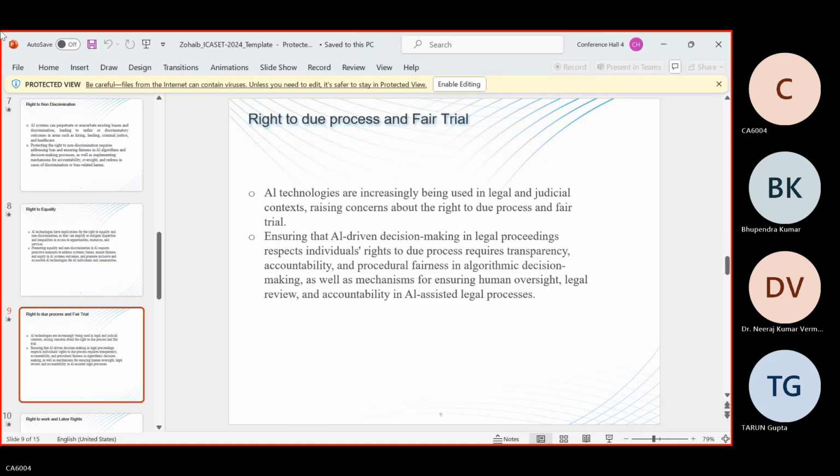Next one. Right to due process and fair trial. AI technologies are increasingly being used in legal and judicial contexts, raising concerns about the right to due process and fair trial. Ensuring AI-driven decision making is fair is very important for decision making platforms. In the legal aspects, we have seen various decisions in the past which affected the decision making power